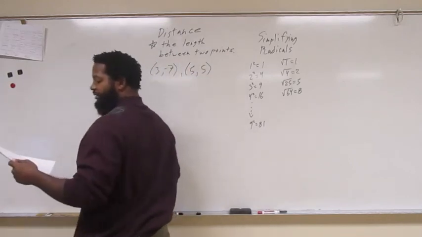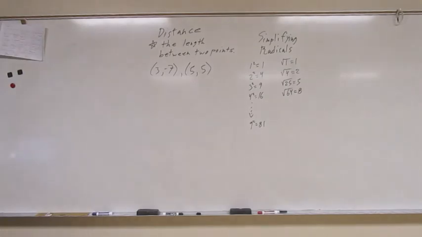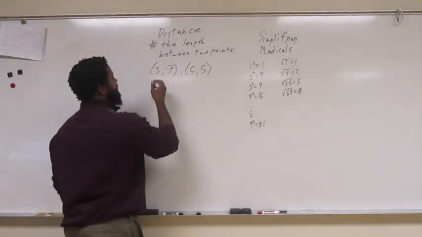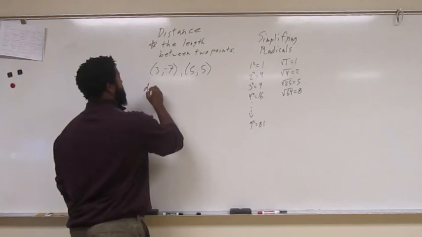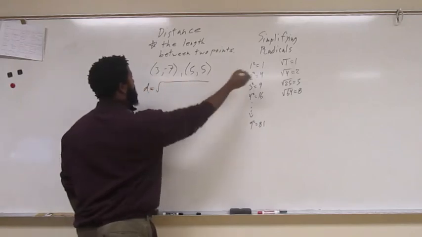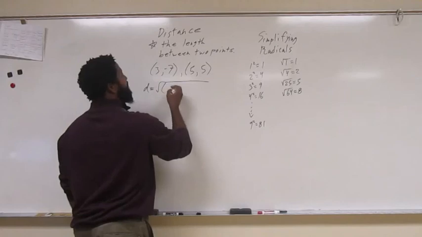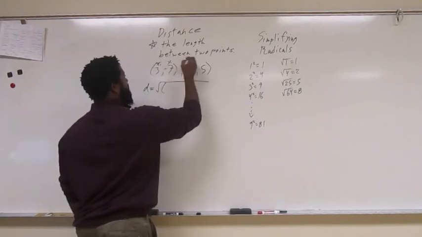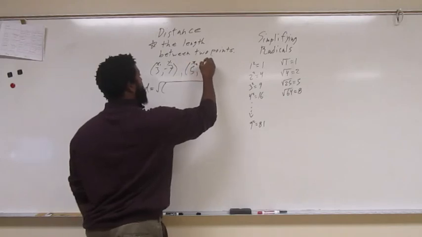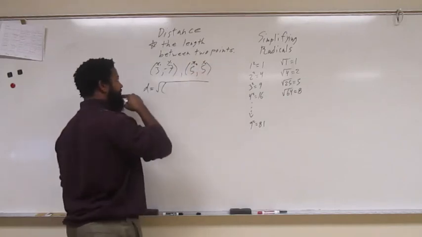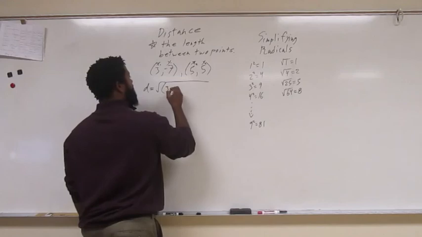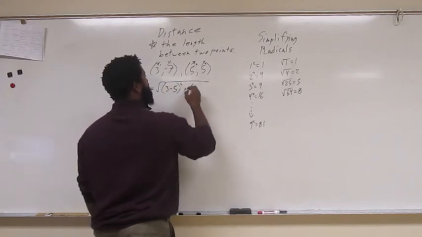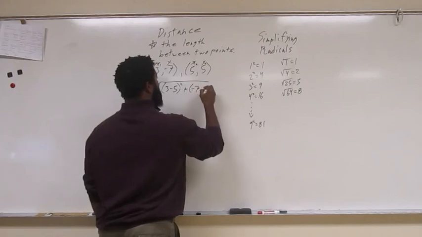You have x1, y1, x2, y2. So 3 minus 5 squared plus -7 minus 5